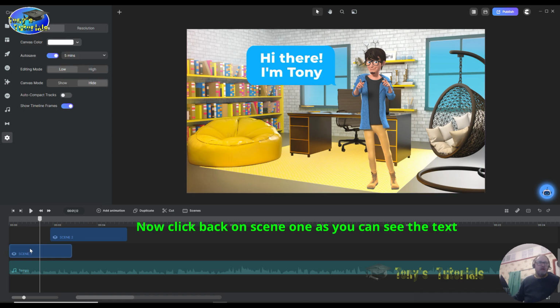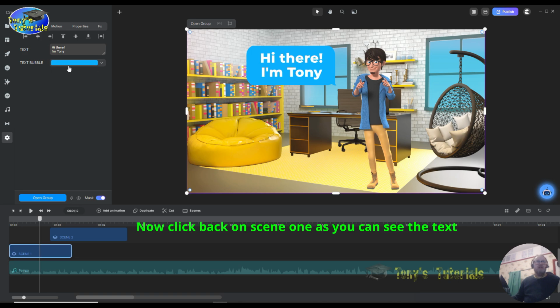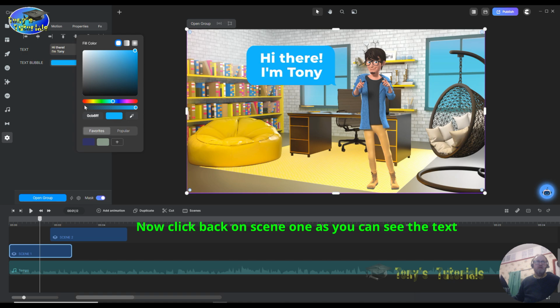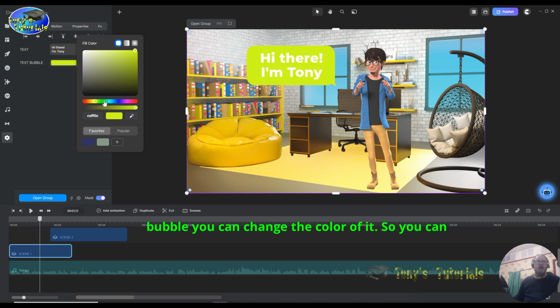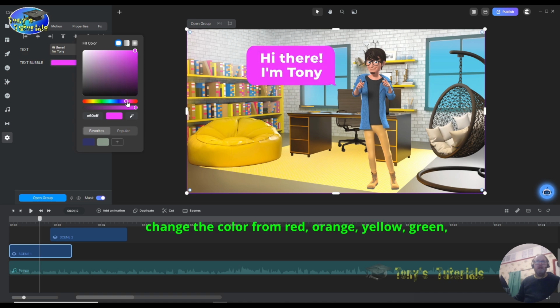Right, now we'll click back on scene 1. As you can see, the text bubble, you can change the colour of it. So you can change the colour from red, orange, yellow, green, dark blue, purple, pink, and a different colour red. So I'm going to put it back to blue though, because I like blue myself, so that's okay. I think that'll be fine for me. Right,